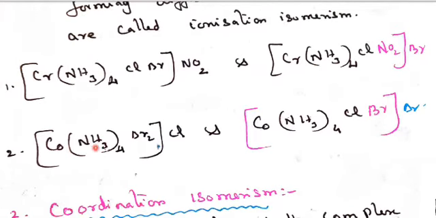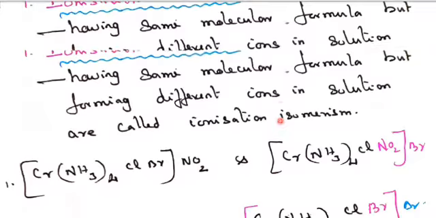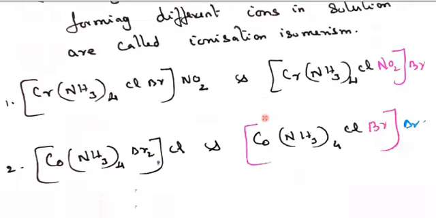And then next, Co(NH3)4Br2 with one Cl outside. If you use silver nitrate, you will get a white precipitate with AgNO3. When you take the chlorine inside and bromine outside, with the same silver nitrate test, it gives a yellow precipitate of silver bromide. So these are the tests to show the ions are outside. So this is called ionizable and those inside are non-ionizable. That is called different ions being present in the same molecular formula.